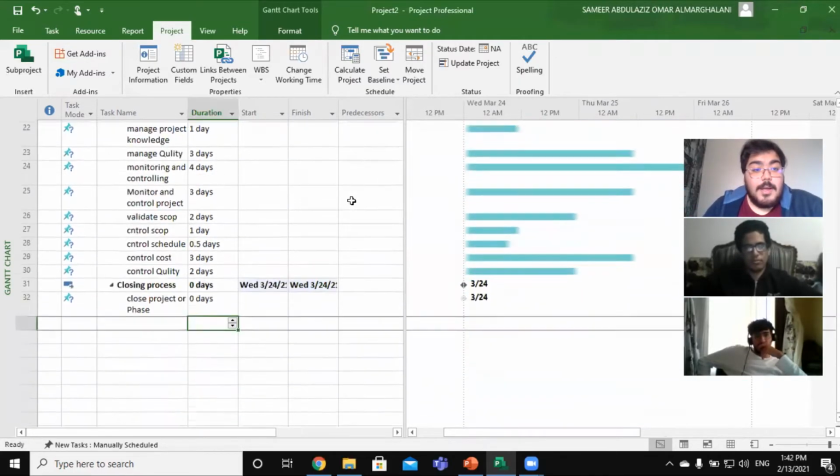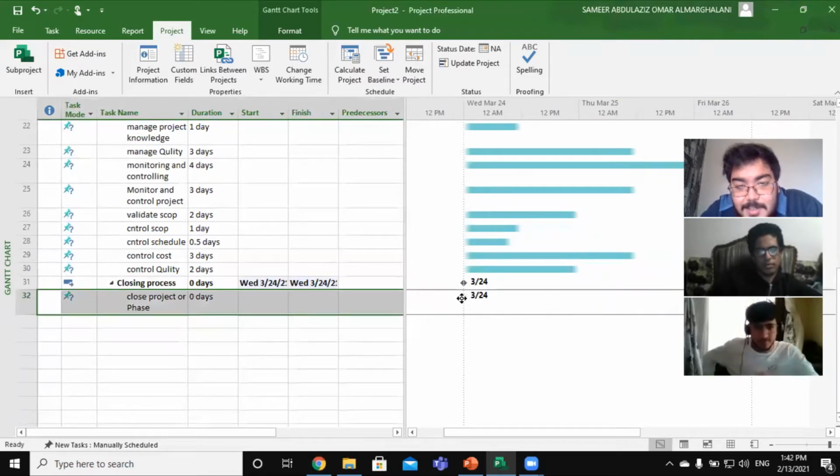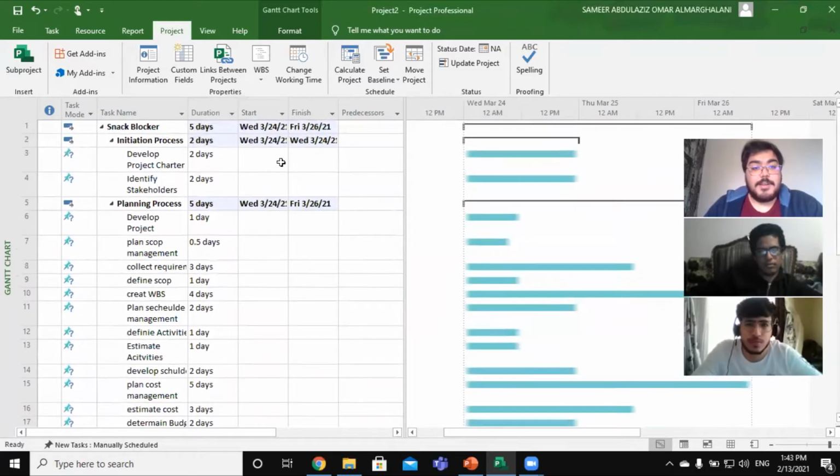Now let's talk about 0 days. 0 days in MS Project is defined with a unique symbol, which is the diamond. I don't know if you are seeing this diamond here. Yes. This means the milestone for the 0 days. Next we have